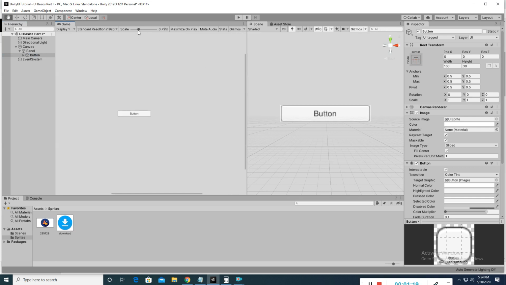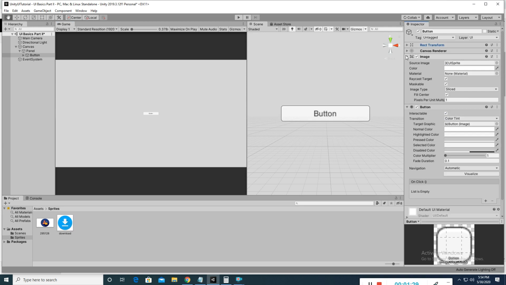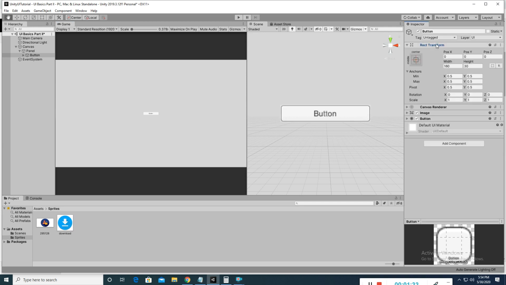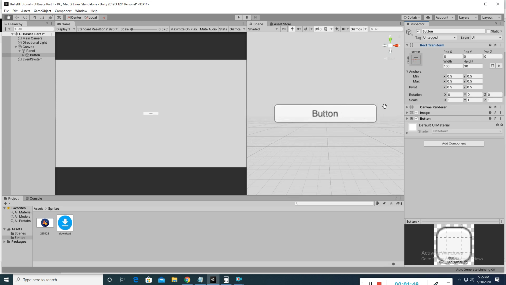I am teaching you the anchor. What is an anchor? Whenever you are creating a UI element, it comes with the default Rect Transform component. This is the component which is attached to every UI element. So this is the anchor point. You are seeing these four triangle corners, this is the anchor point.